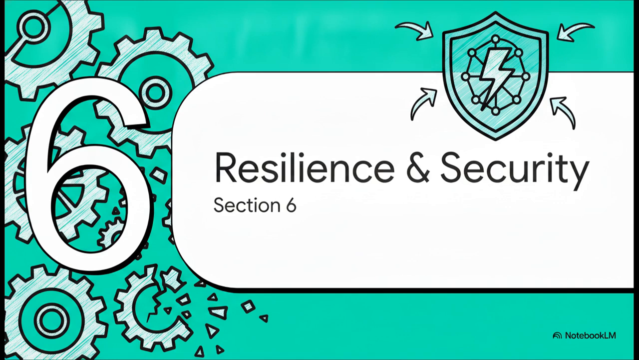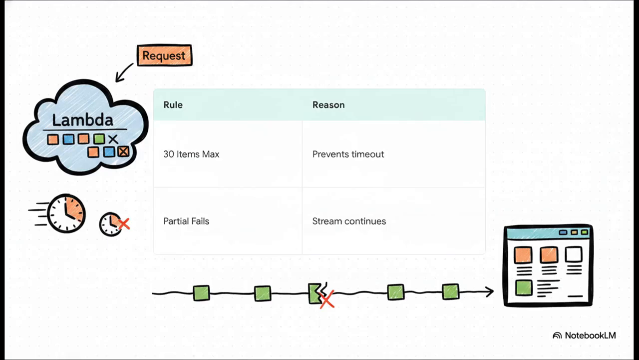Finally, Section 6, resilience, scale, and security. Speed is amazing, right? But what happens when things inevitably break? Well, this architecture handles failure incredibly gracefully through 2 very deliberate constraints. First is that hard limit of 30 items per request. This isn't just some arbitrary number. It ensures the Lambda execution time always stays under 5 seconds, which prevents a cascade of timeouts during huge traffic